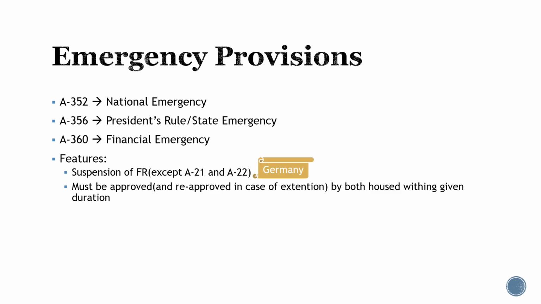So we have the emergency provisions. These were borrowed from the British Constitution. And the suspension of fundamental rights during an emergency was borrowed from the German Constitution, which is Article 21 and 22. They talk about suspension of